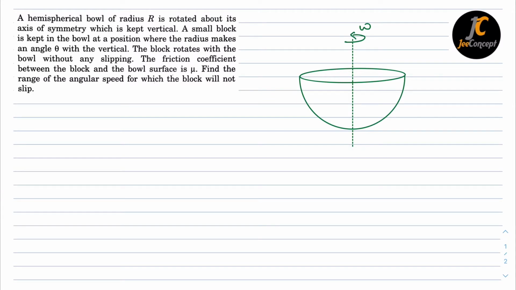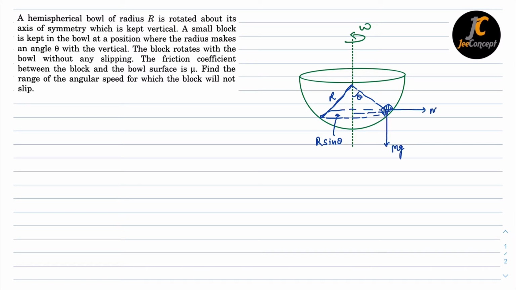So first of all, let's try to understand the scenario. In this ball, let's say an object is placed like this and this ball is rotating. So this object will trace a circular path like this. If this is radius r, let's say I'm just taking this side, and this is at an angle theta, then the radius of this circular path is going to be r sine theta. Understood?